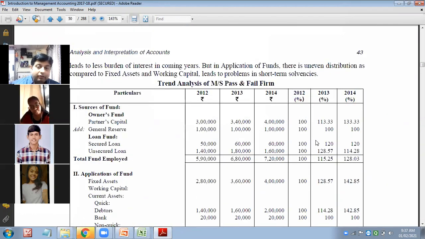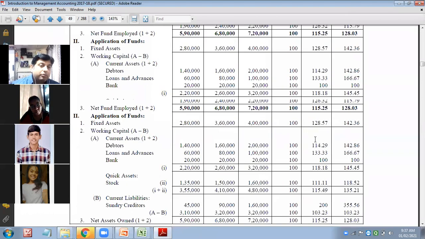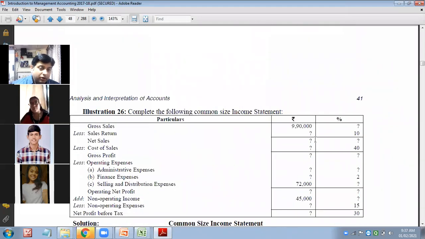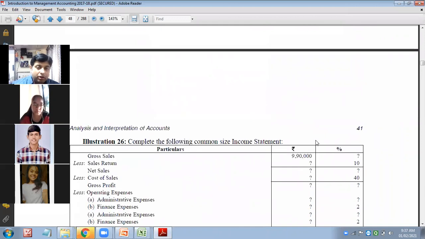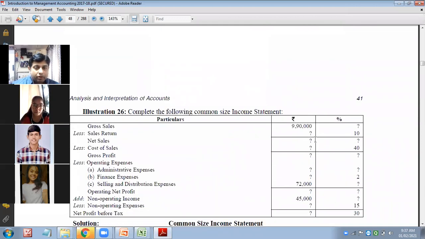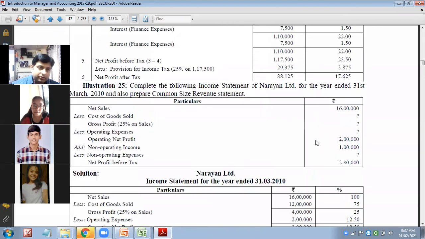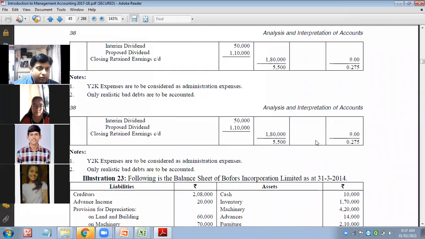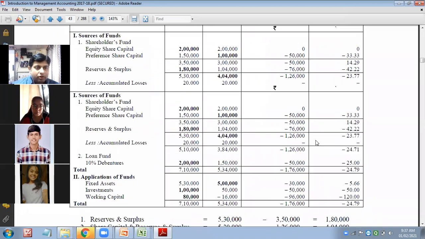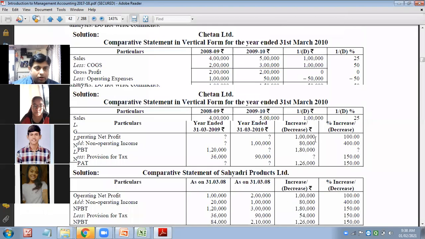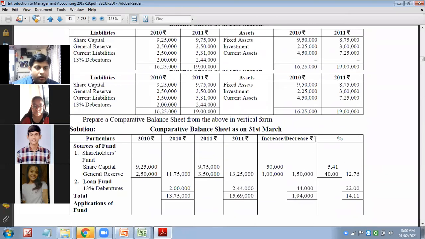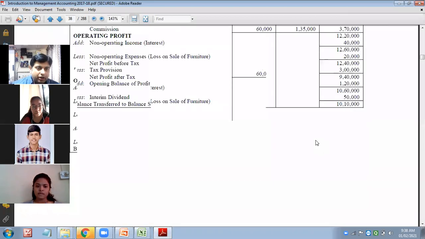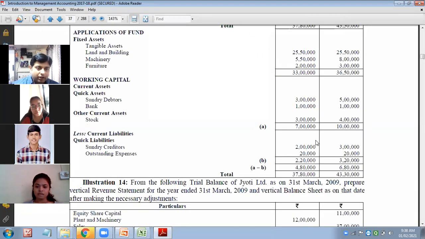But these things are really very important. When you work as a finance manager, when you work as a CFO, when you work as a CEO, very important. Very important question. Getting it? Yes or no? So from wherever you are getting questions related to common size, kindly do them and keep them ready. I'm going to check in the next lecture.